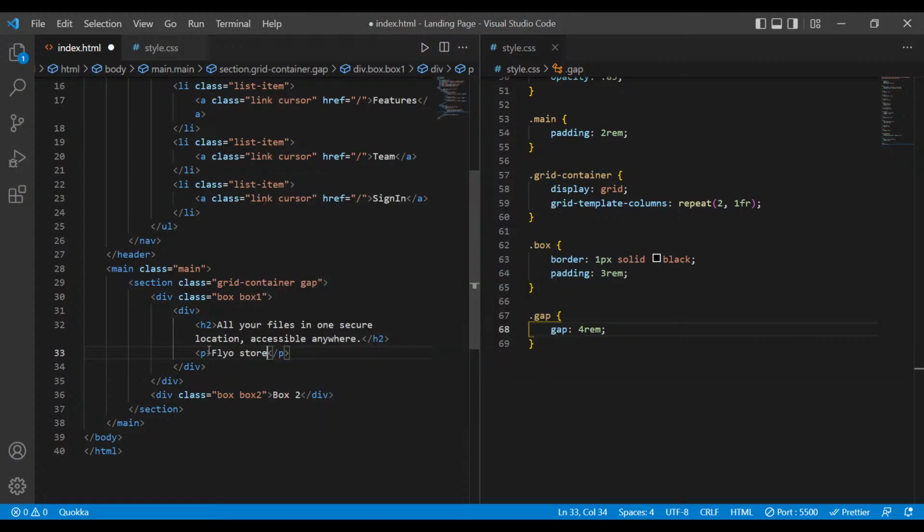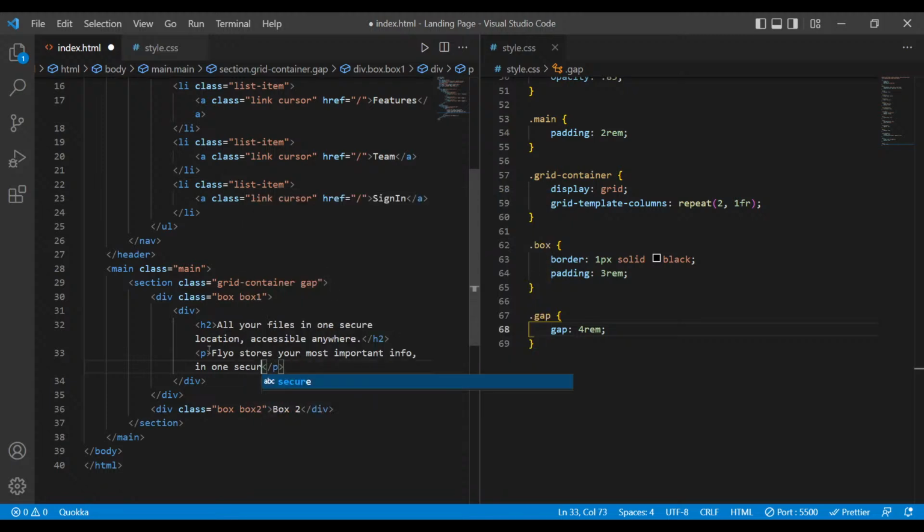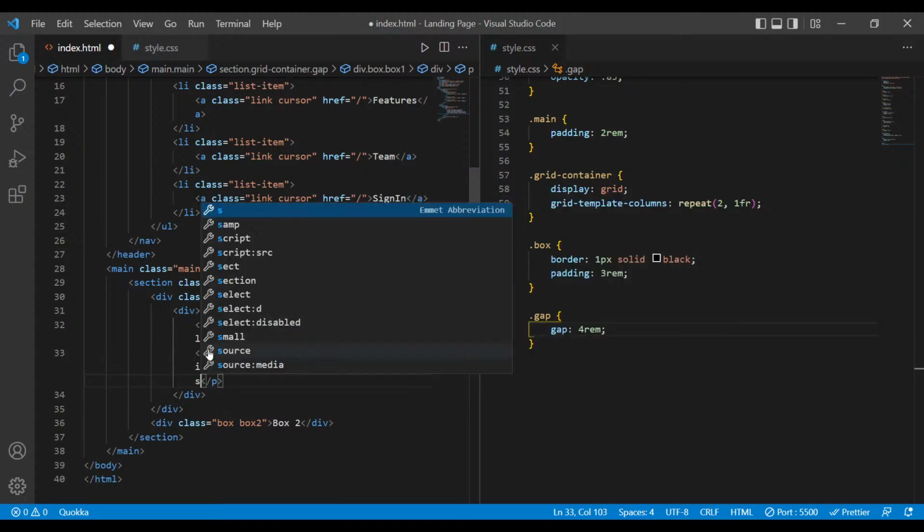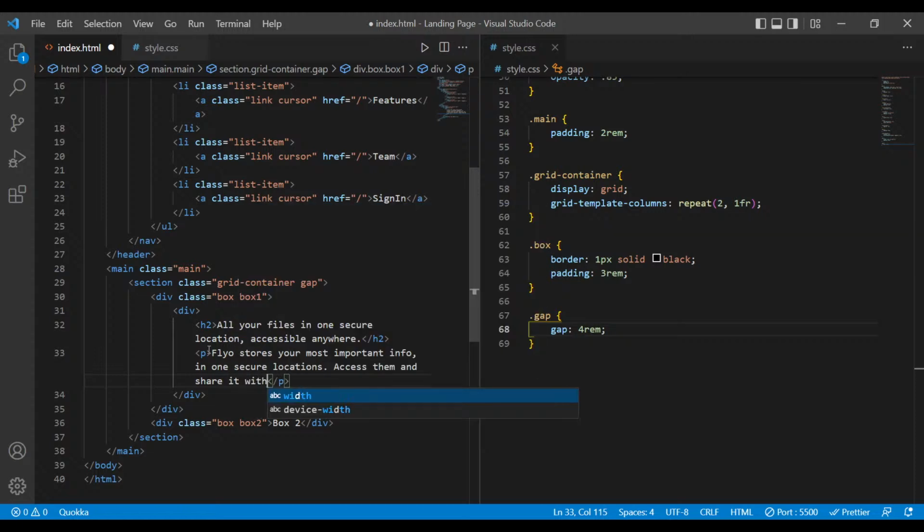Flyo stores your most important information in one secure location. I'm not going to write everything, but good to have text in one secure location. Access them and share it with anyone. Okay, this is what I want. I'll save it. If I go back to the website to see what is over there,